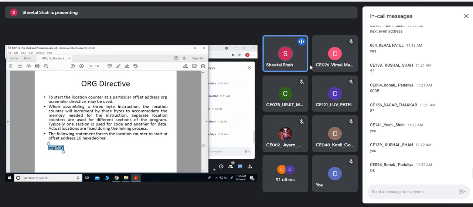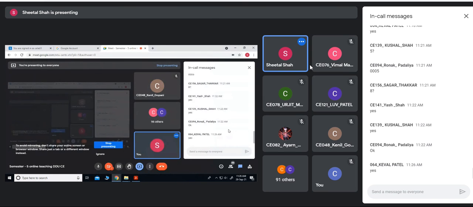Do you want me to write a program? I'll show you an example of a near procedure first. Then we'll see how to write a far procedure.